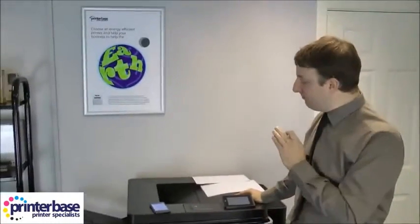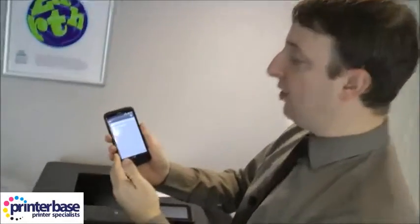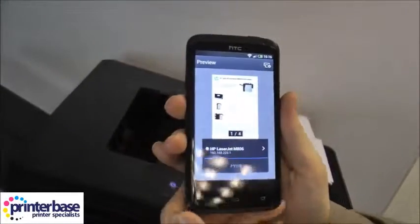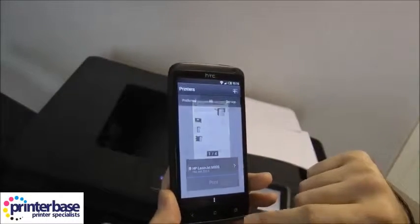So let's just pop that down a second, because there is an issue with this app that maybe there is a solution to, but as yet I haven't been able to find one. I'm going to show you it. Okay, so here are the PDFs that I've got. That one there is the HP PDF. Now at the moment, as you can see, if I press print on this, if I select the printer,